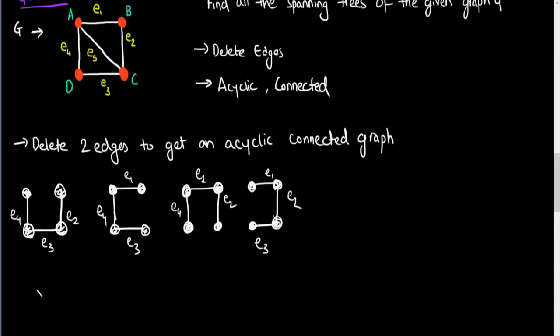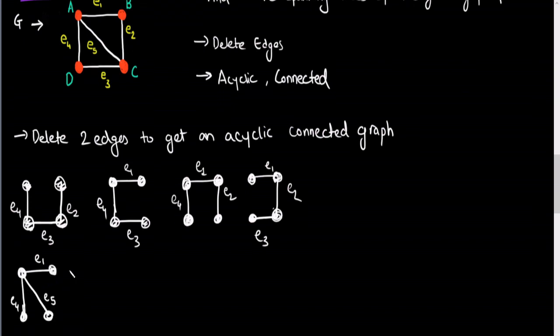So if we remove E1, E2, okay, sorry, my bad, you can't remove E1, E2 because if you remove E1, E2 that will result in a C3 graph. So let's say we remove E2, E3. So that means that you will be left with something that looks like this. This is your E4, this is your E5, this is your E1. And you've still got your spanning tree, right? We're removing E2, E3 here.